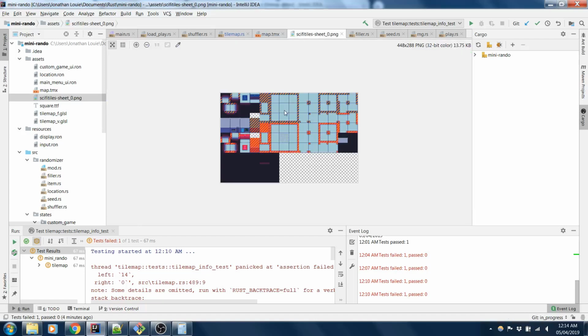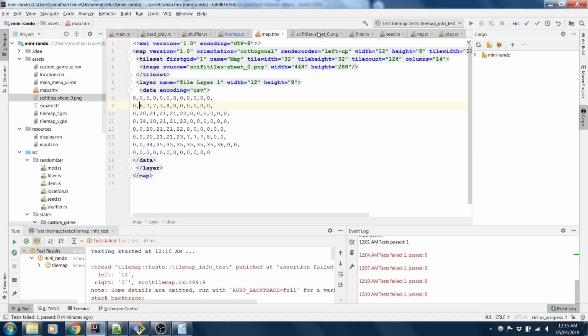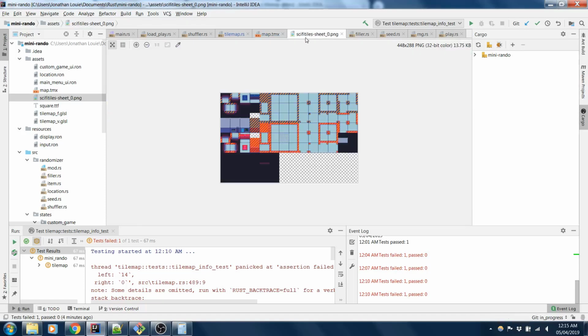So this is 21, right? Because this was 14, so this would be 15, 16, 17, 18, 19, 20, 21. Yeah, 21 is this one. Like, that definitely seems to map out correctly. Huh. But, and yet